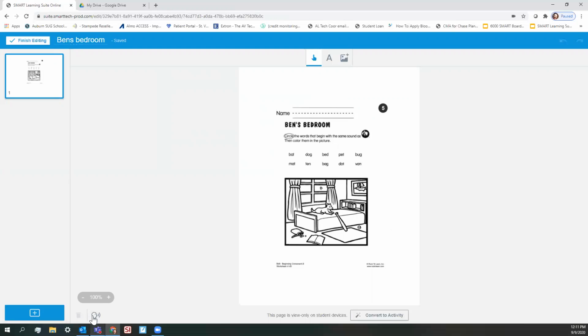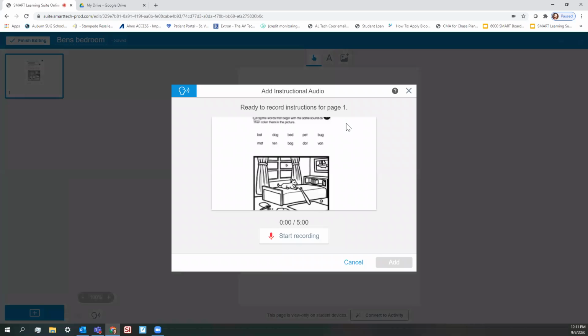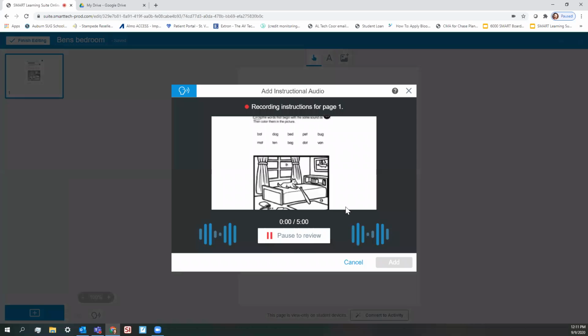So now you'll see down in the bottom left-hand corner by my big blue plus sign, I now have a head with a speaker. And as soon as I click that, and of course, y'all, the lawnmower started right outside of my house when I started recording this. But as soon as I click on that head, it opens up Add Instructional Audio, and I simply click Start Recording. And I could say, hey guys, today we're working on B words,